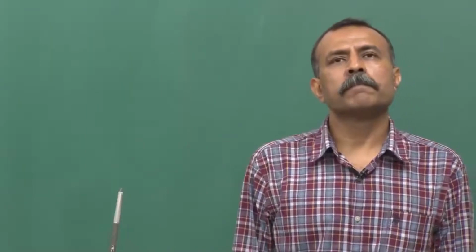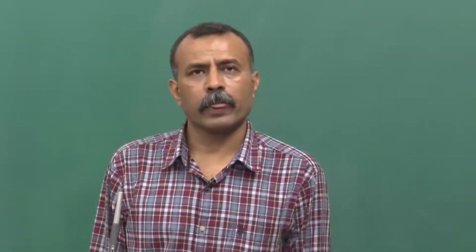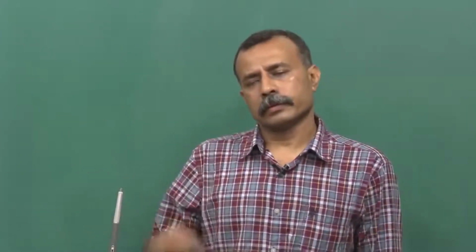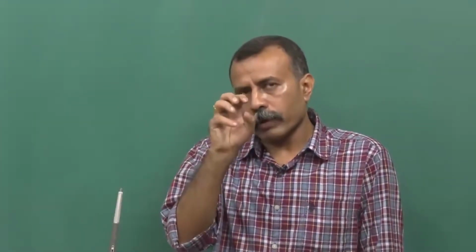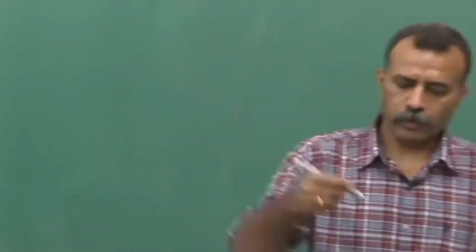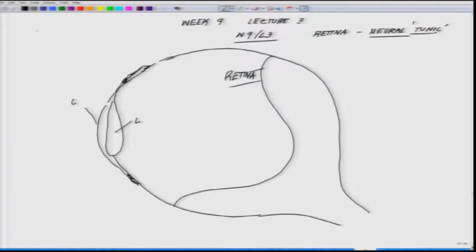The same way these cells respond to light. We talked about olfaction, where smell molecules go and bind, and it opens up cation channels. Similarly, here also when the light falls,